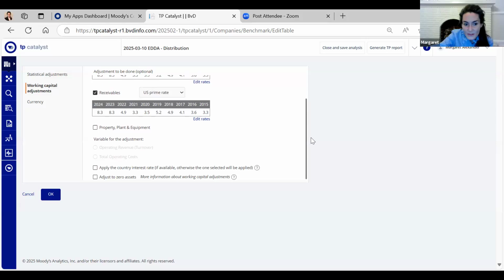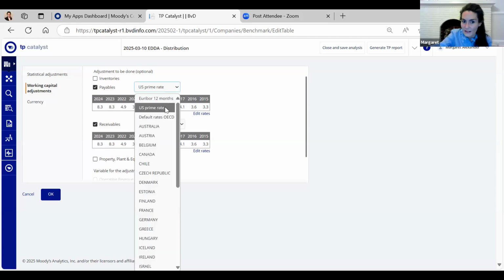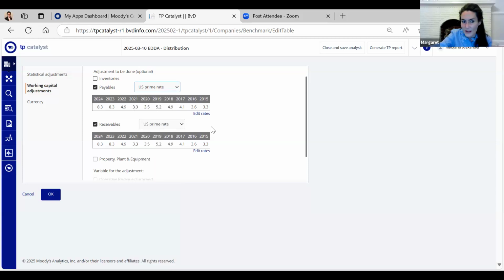So you have those, oh, it's up at the top. Here it is. So here's the 4th one. So you click on whichever balance sheet item you'd like to make the adjustment for. And then depending on the region or location of your tested party, you pick the appropriate interest rate. And then you click OK.